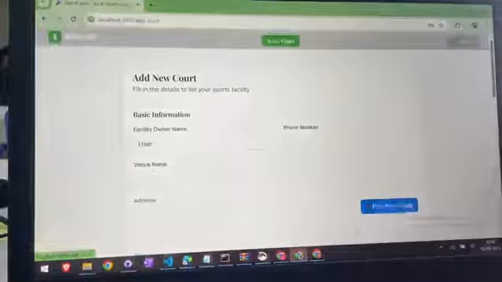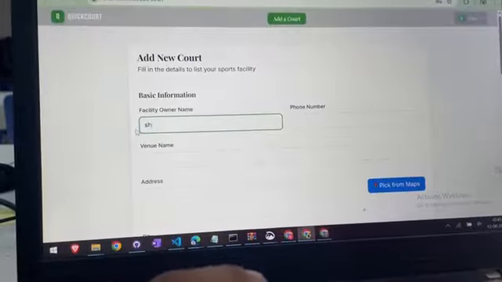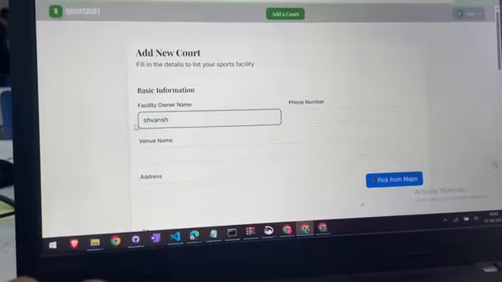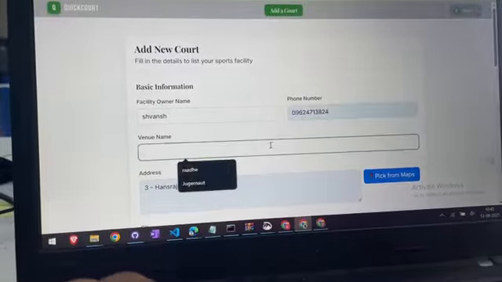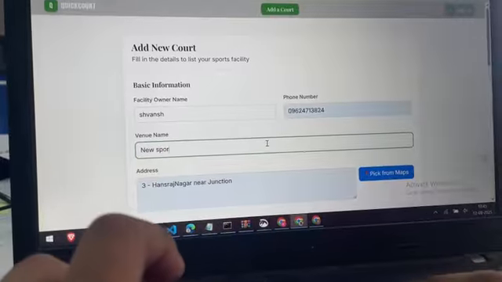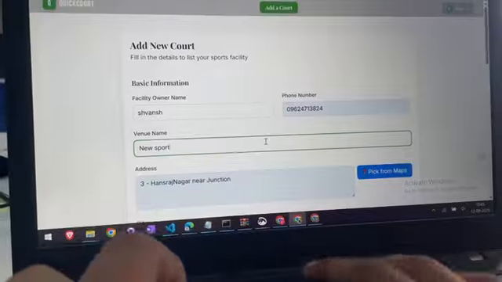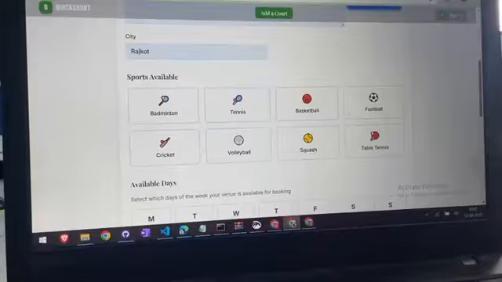Here you can see you can add the venue. I'll enter the name, phone number, place, venue name, New Arena.